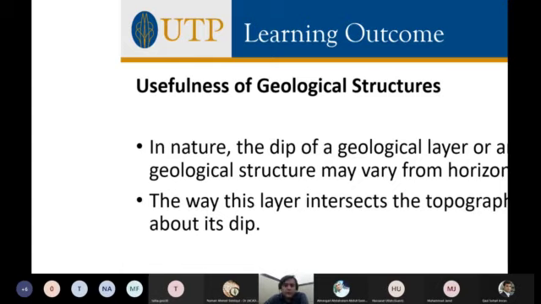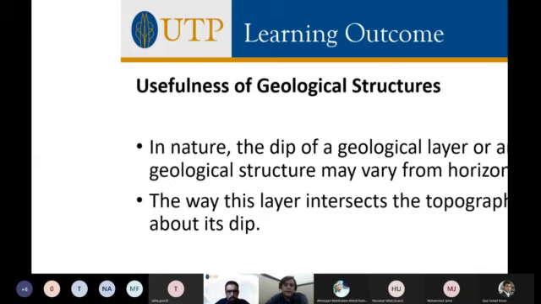Many of you have a background in geology, and in geology we have some features that are planar and some that are just linear. Planar features, when we see them in 2D, look just like a line, but in 3D we can see that there is a third dimension as well. It's just like the topography: how a dike or a sill, a fault or a fold is cutting the topography, and at what angle it is cutting, that's important.